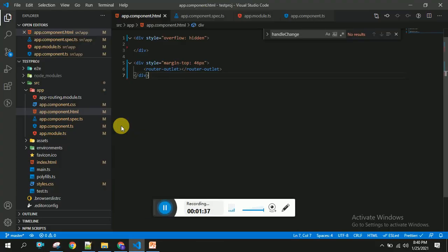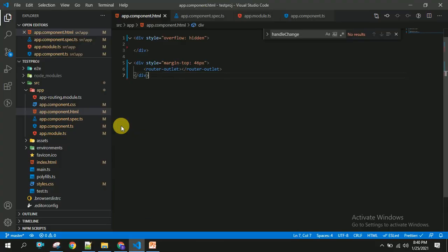I have created a project for this, a text project, and in this project I am going to app component.html and taking a text box here, an input. I want to get whatever the user has entered in this input.